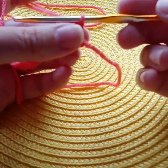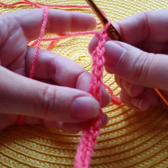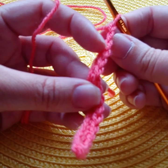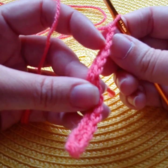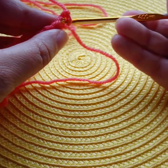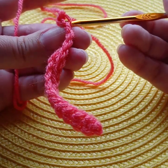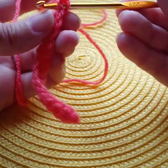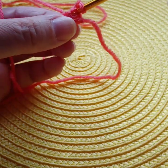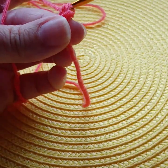This time, now that we have the foundation row finished, we're going to work into the two sides of the V. If you can see it a little bit more clearly there now that we're out of the chain. So this is one stitch, these two V pieces here. And to make our first double crochet in this row, we're going to come right here to the first one, and we're going to go under the two loops, or the two pieces of the V, yarn over like we did in the other row, pull it back through, got two loops on your hook, yarn over, pull it through,